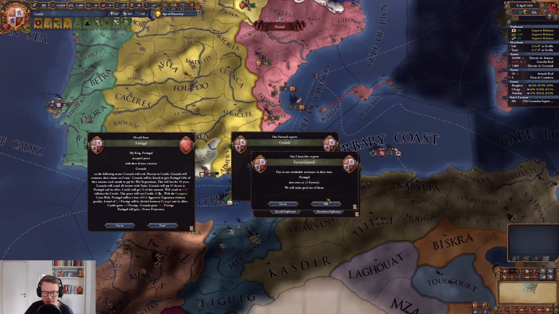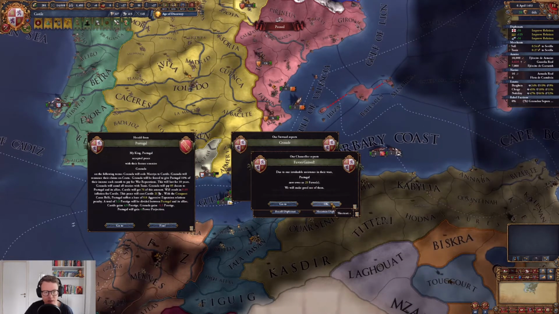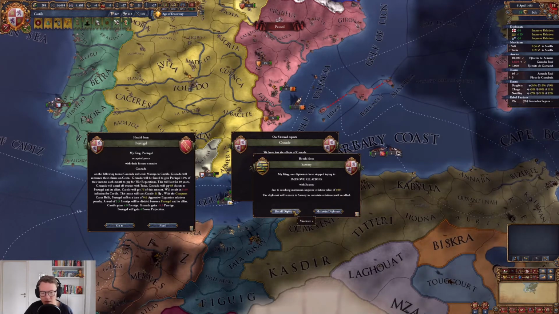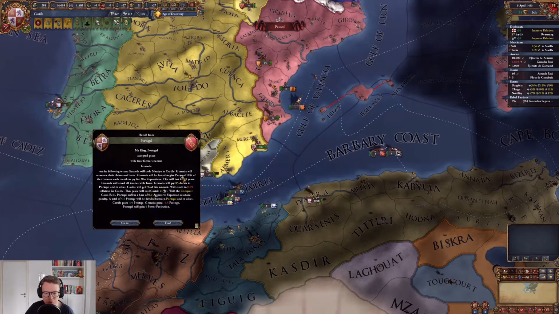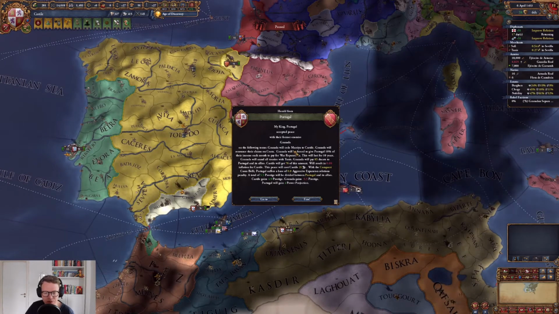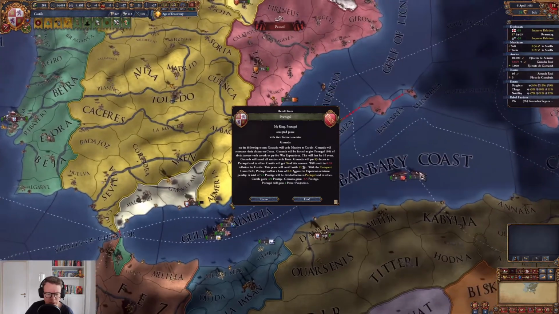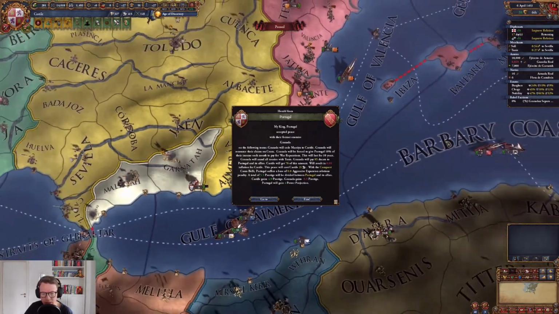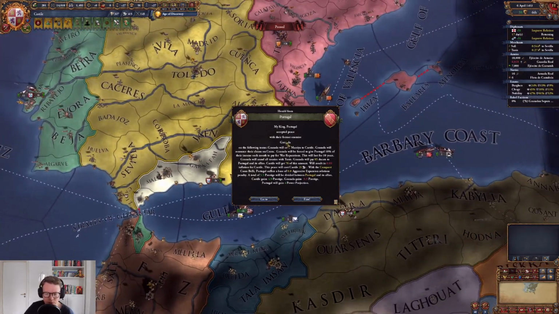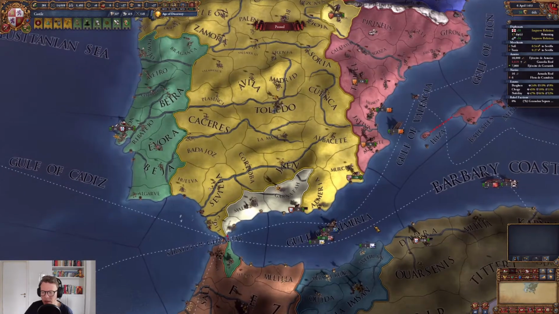Let's see what happened. We got 25 favors with Portugal, meaning that they'll be more likely to join us in offensive wars. The crusade is over, and Granada will cede some territory to me, but only one Maria, which is now called Almeria. They'll give Portugal some money, and we'll get some money as well. But that kind of sucks because I wanted...